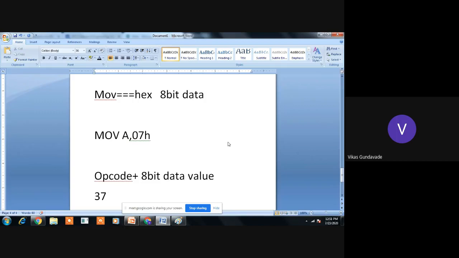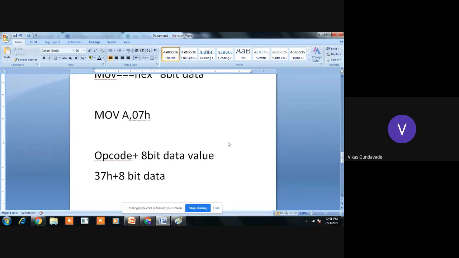So 37 is the hex number generated by the opcode, plus we have 8-bit data. To store 37H we require one space, and after that to store the 8-bit data, which is 07. So here we need to store 37H, and then 07H. Are you getting it?